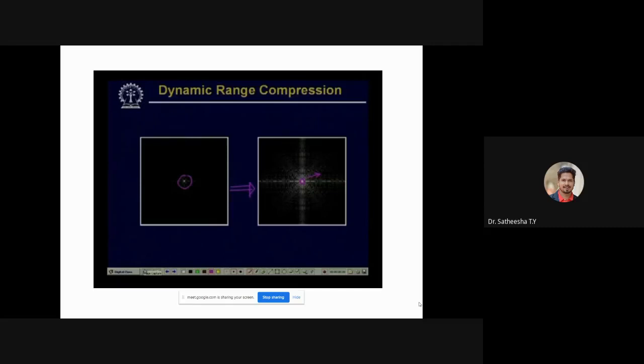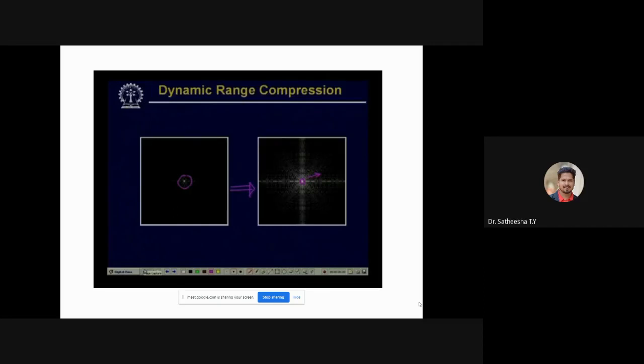And the kind of image that we usually get is something like this. Here on the left-hand side, we have shown the Fourier transformation, the DFT coefficients of a certain image.